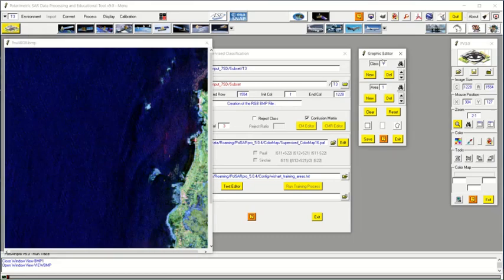Now here you can see there are class numbers 1, 2, 3, 4. Under each class you can have more than one training area. So class 1, I am going to click on new. Not new, sorry, the first class. You first sample in class 1, you select this.